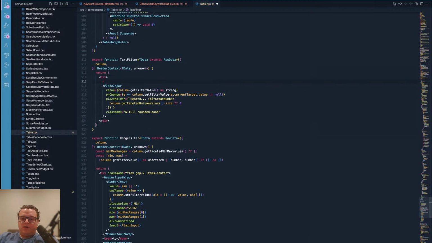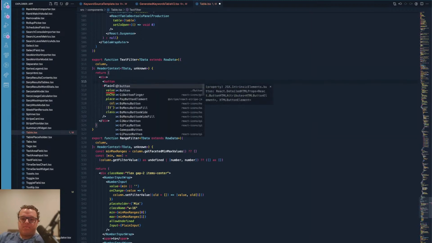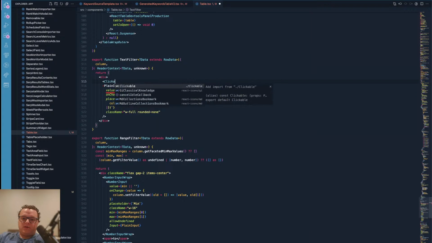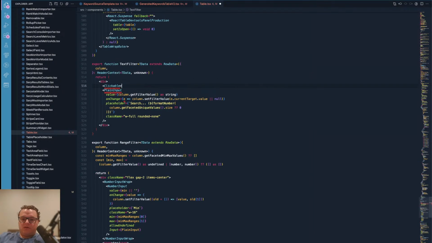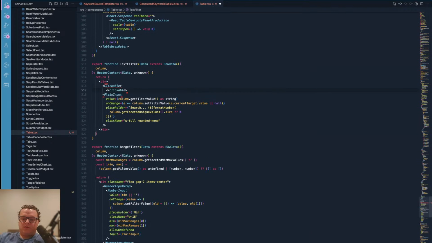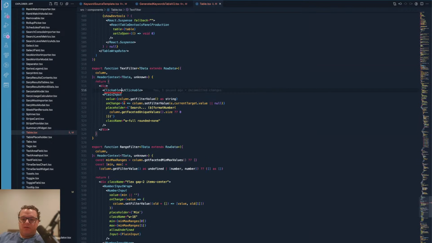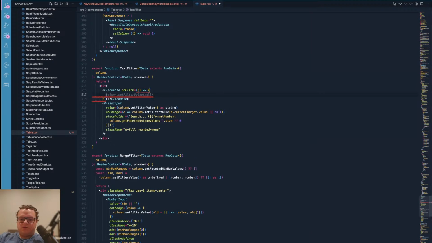And we're going to need a clickable in here. And this clickable is going to have an onClick that is going to call column set filter value,